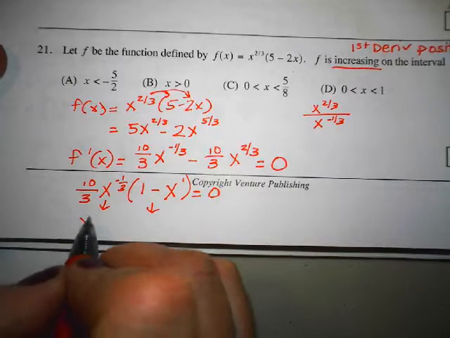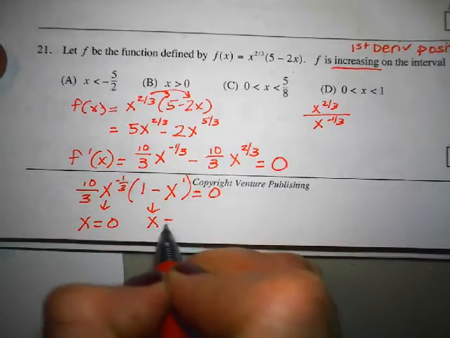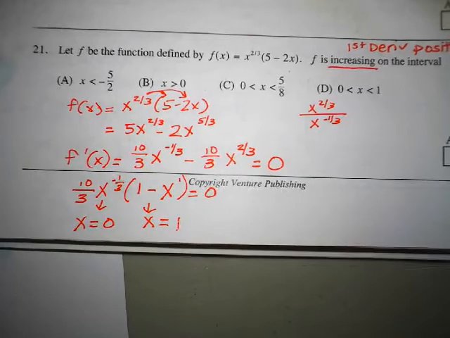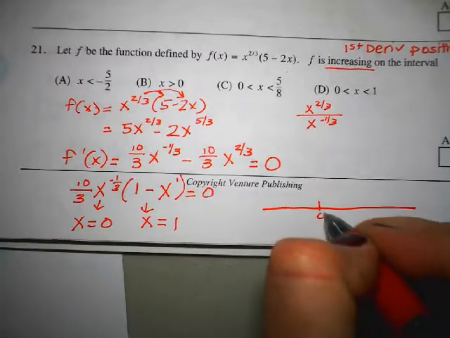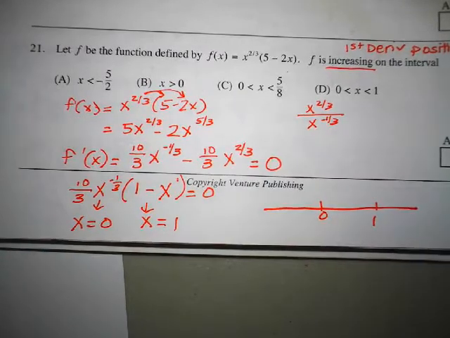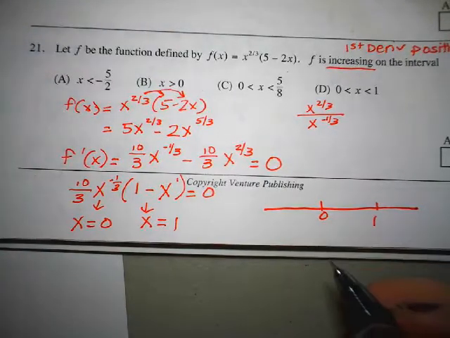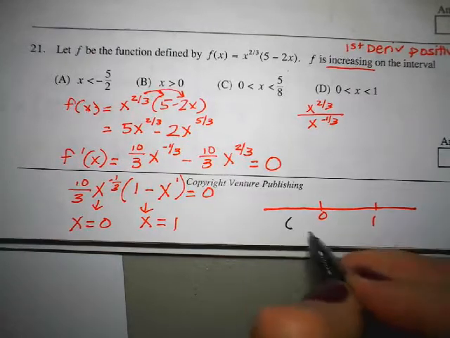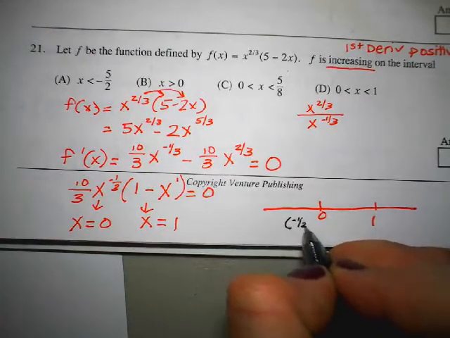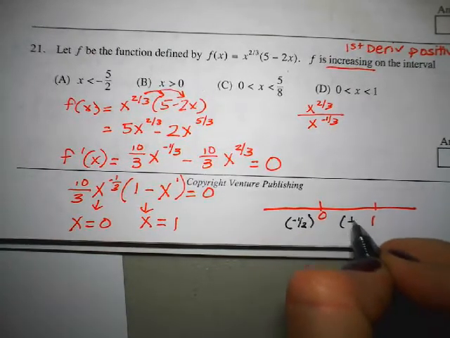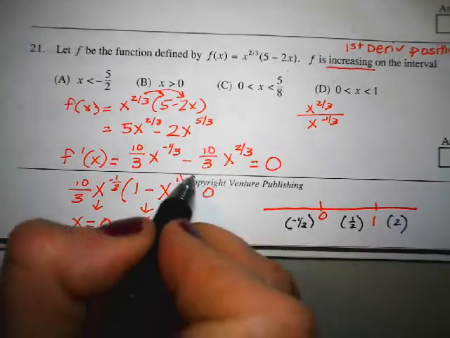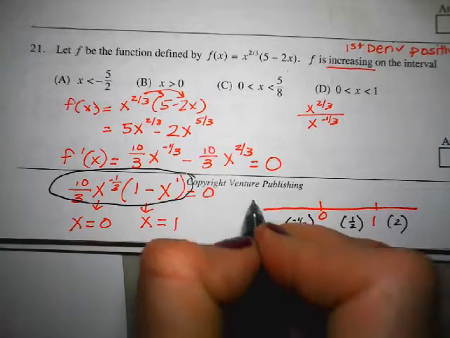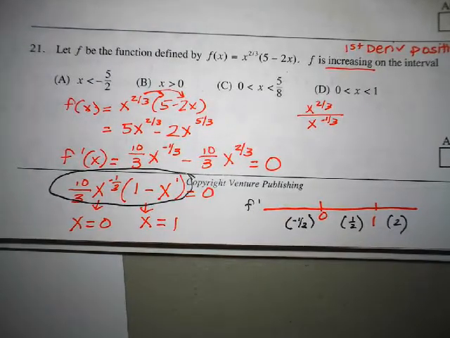Well, here if I solve for x, I get x equals 0. And here I get x equals 1. So those are going to be my 2 critical numbers. I'm going to set up my number line. I'm going to put 0 and 1 on there. And then I'm going to pick some test numbers. Maybe negative 1/2, 1/2, and 2. I'm plugging these back into my first derivative because I want to see where the first derivative